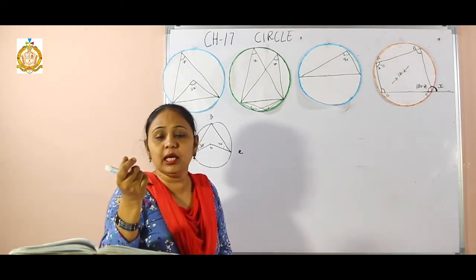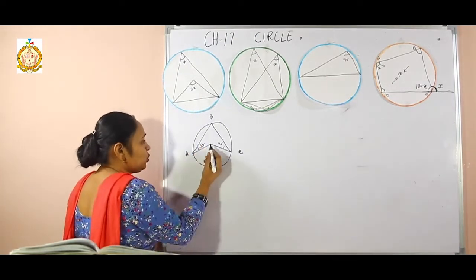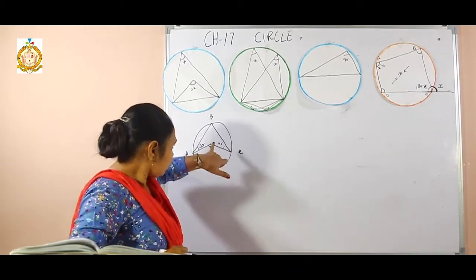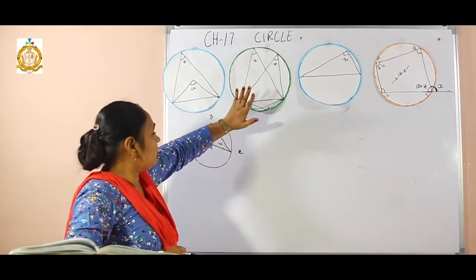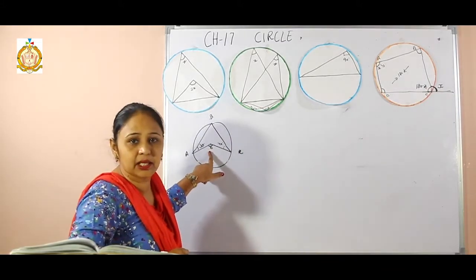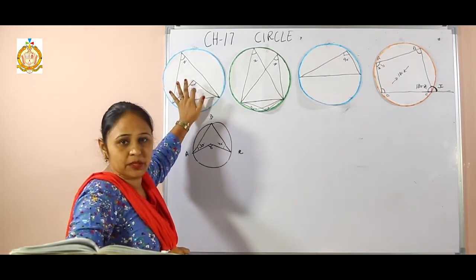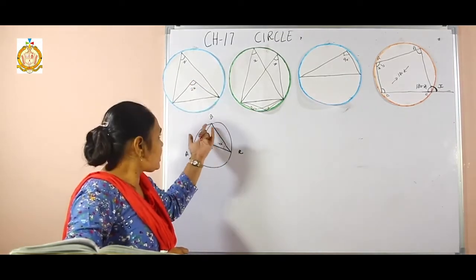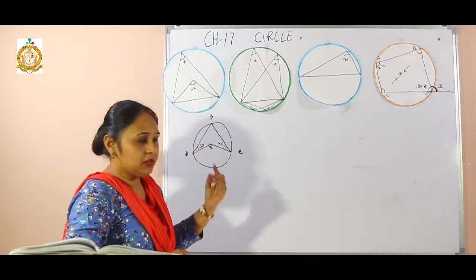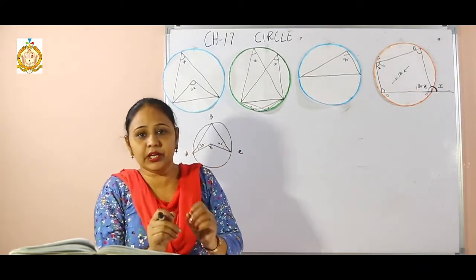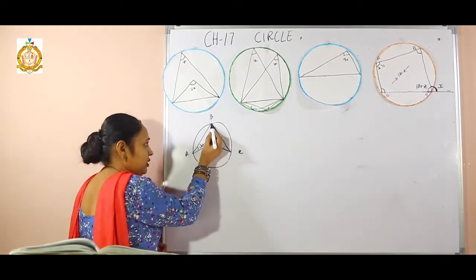Now we have to find the angle AOC. This angle I have to find. Now see students, we know the property: this is the center angle and this is the circumference angle. That means I have to make this double. But this angle is not given, and there is no triangle. That means we have to think and prepare a triangle here. I prepare one triangle like this.